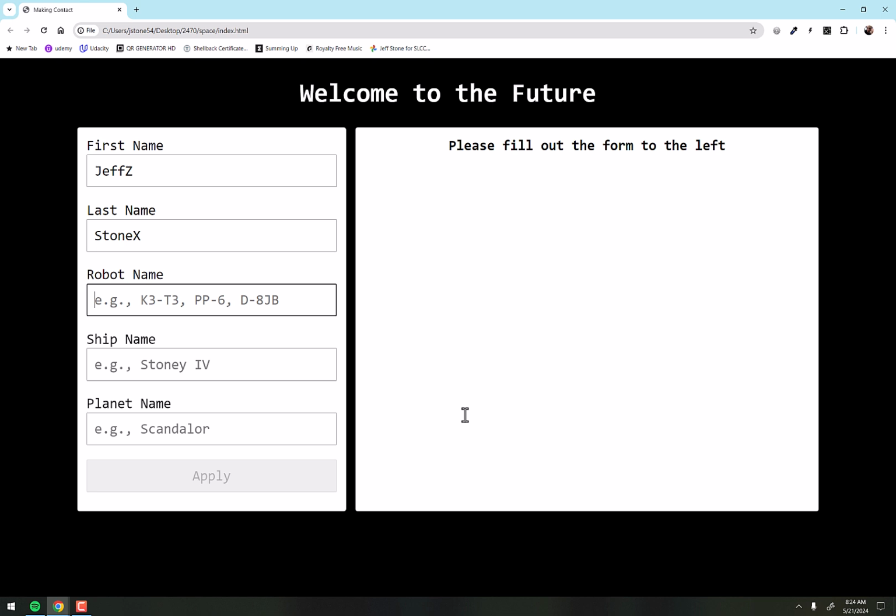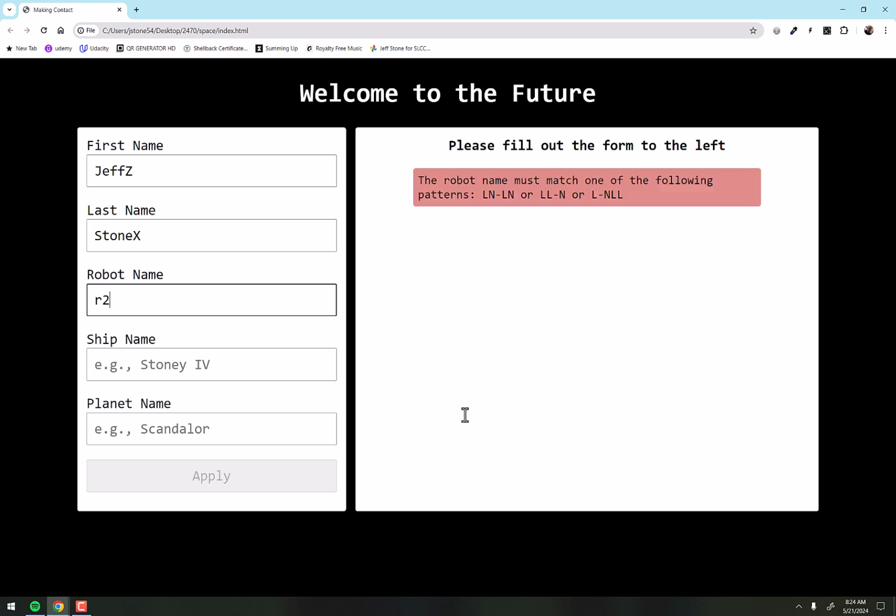And the robot name, those are your options there. And again, it's all spelled out in the instructions here. And so just think of the style of Star Wars. BB-8 is a valid style, C-3PO is a valid style, and R2-D2 is a valid style. However, all three of those names are off limits, which you'll have to build in. So if I try to do R2-D2, it tells me that's already taken. If I try to do BB-8, same thing, and the same thing would happen with C-3PO.